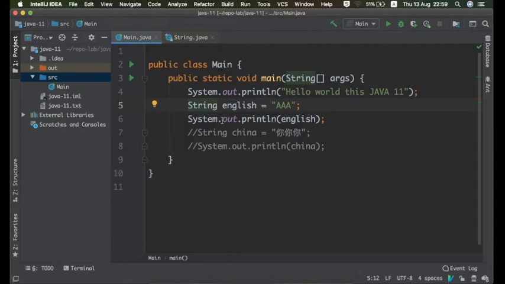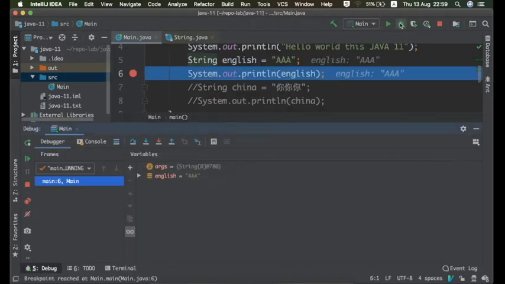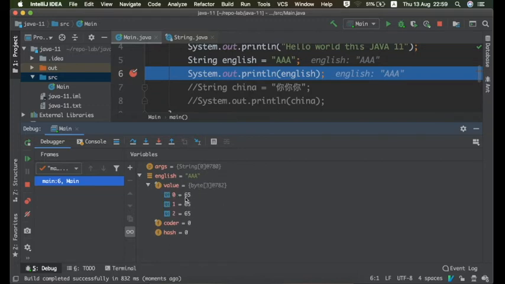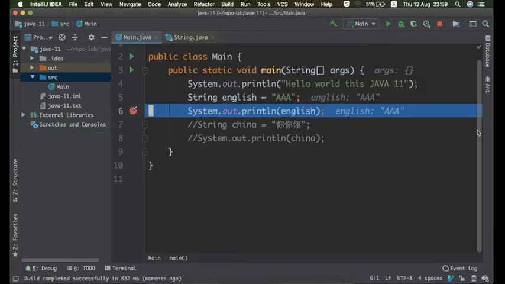Let me quickly show in the debug mode. Here you can see it's an array of bytes, and it will take only 3 bytes, while in the previous example in Java 8 it was taking 6 bytes.